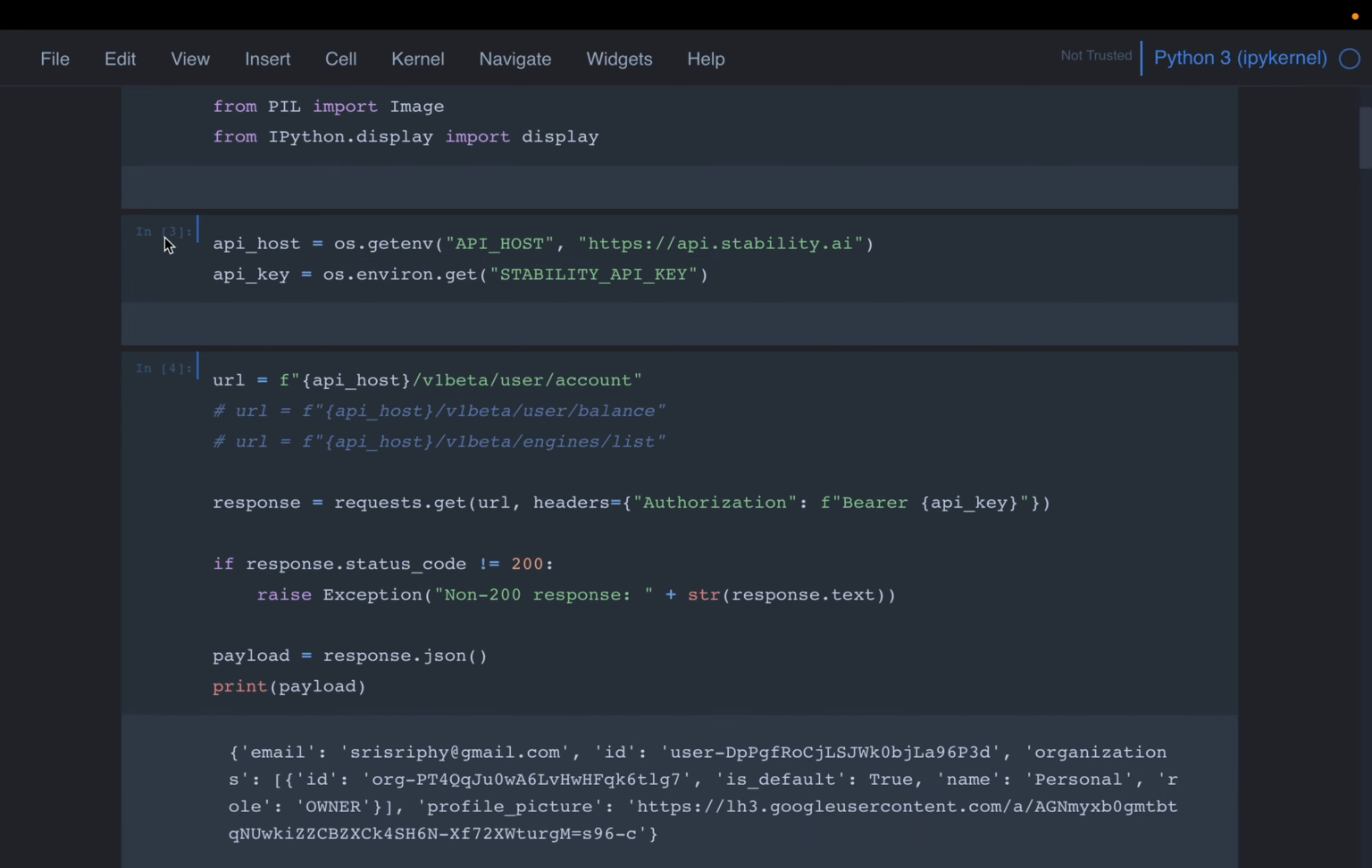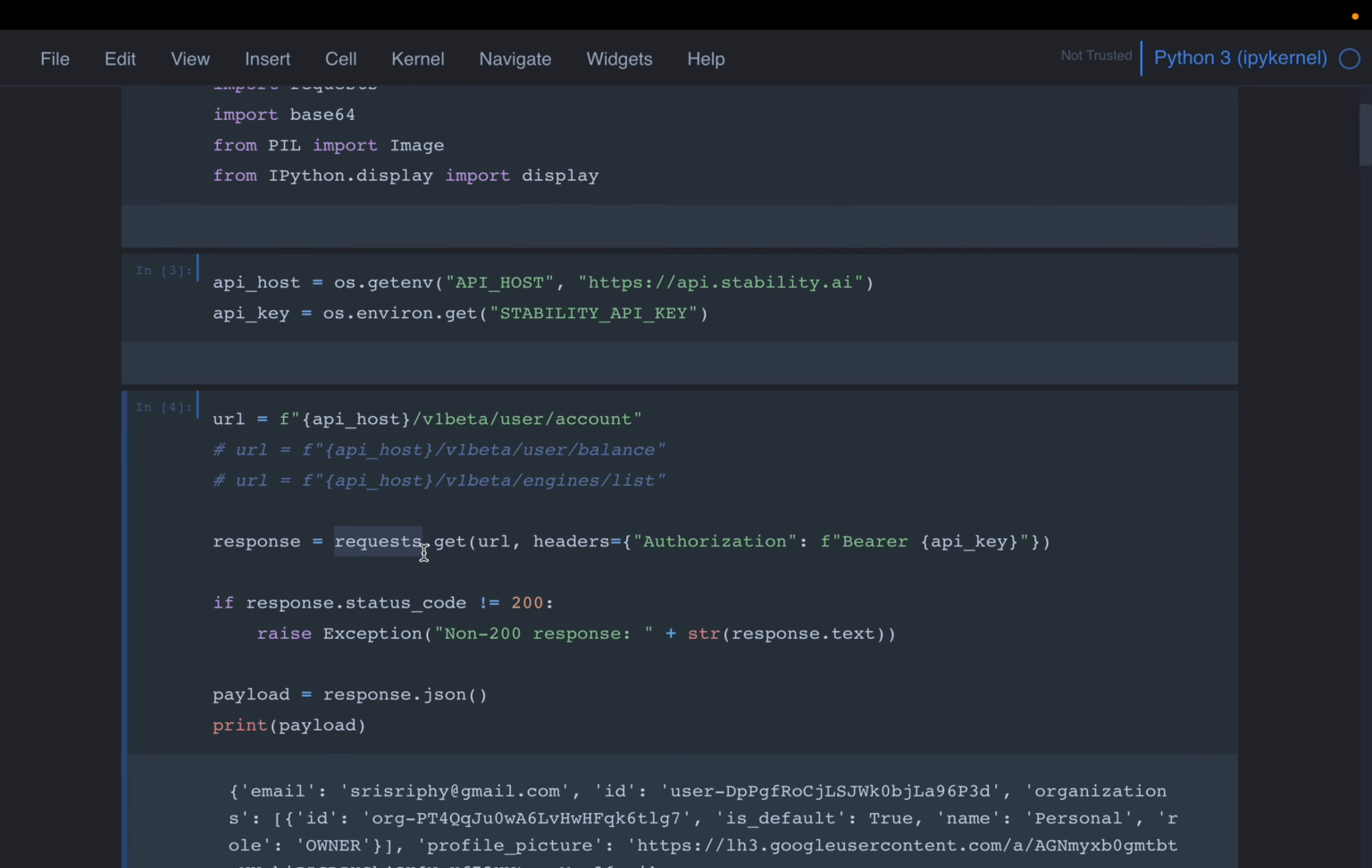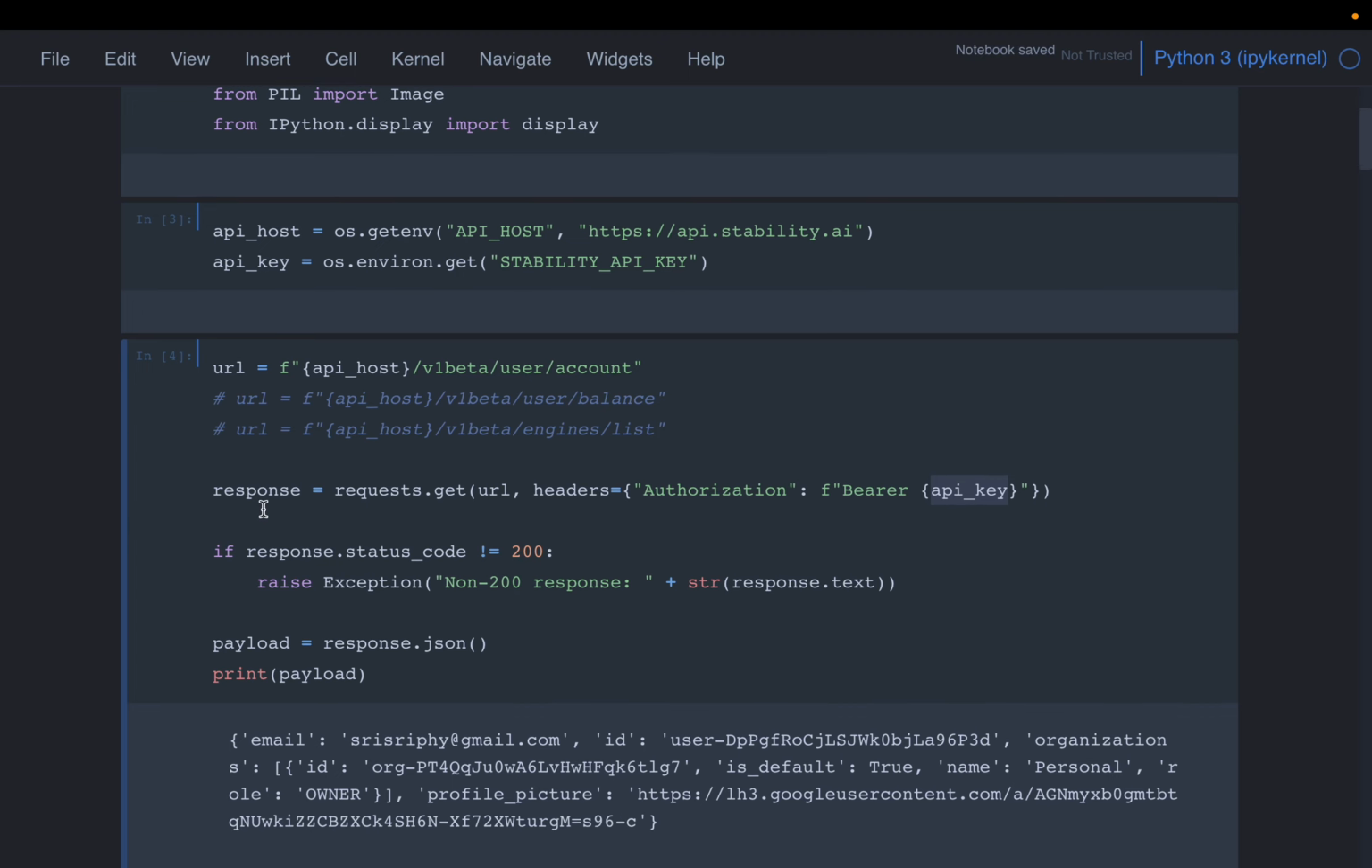So with this one, using the requests library, we are calling a get method. We have the URL, which is this API host, and we are hitting this endpoint called user account. We are providing the API key using the bearer. So we get the response back, and if the status code is not equal to 200,